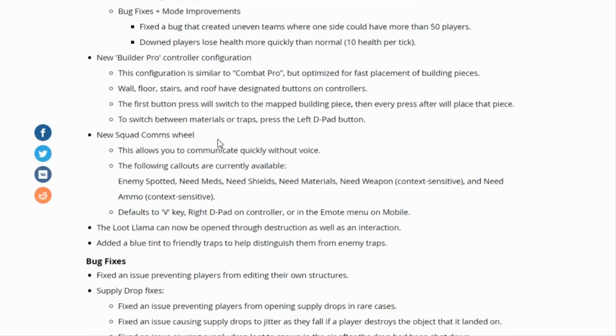New squad comms wheel allows you to communicate quickly. Now, if you guys haven't noticed this, I'm not very sure, I think on PC it says V, and on console it's right on the D-pad. If you're playing on PC, press V, and if you're on console, press right on the D-pad. You can do emotes to tell your teammates if you need a shield, if you need a med kit, anything, because if you're playing with a random player in your team,